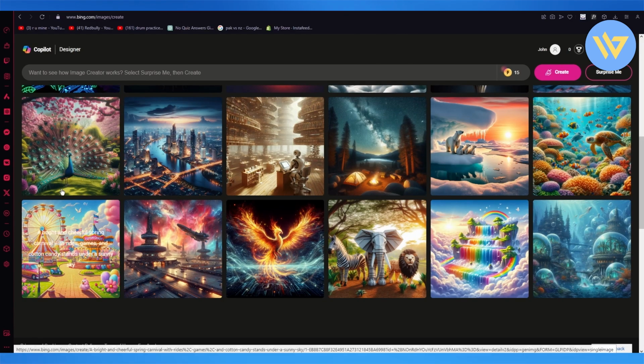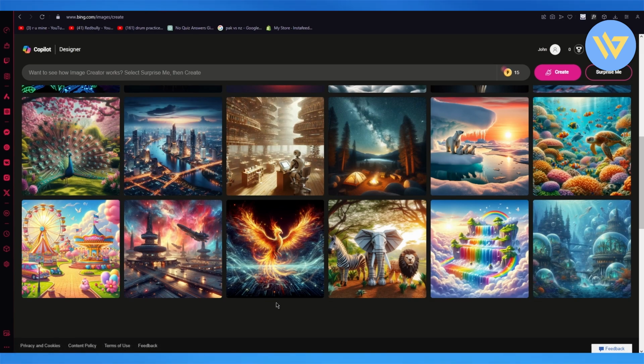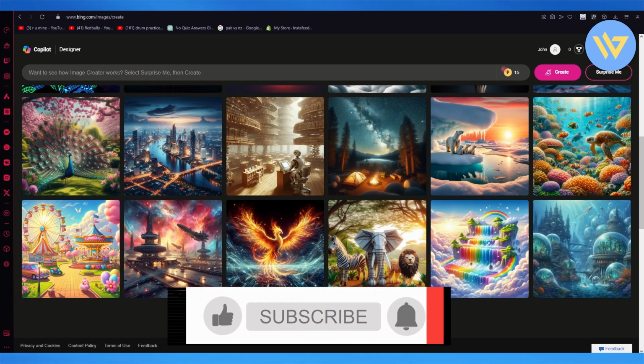So as you can see, these are the generations it gives us. Obviously, I don't see a lot of World War II, but it does give me a sci-fi scenery. So that's the basic idea of